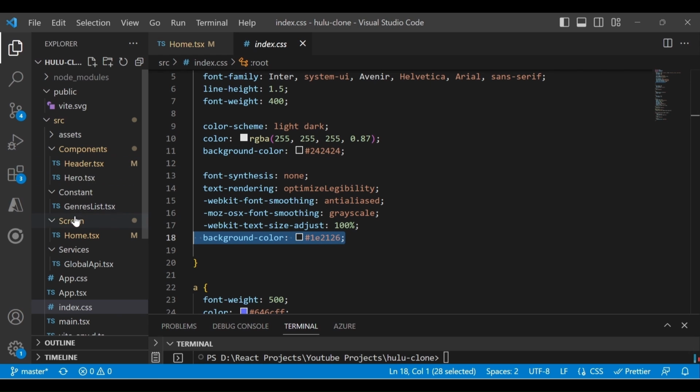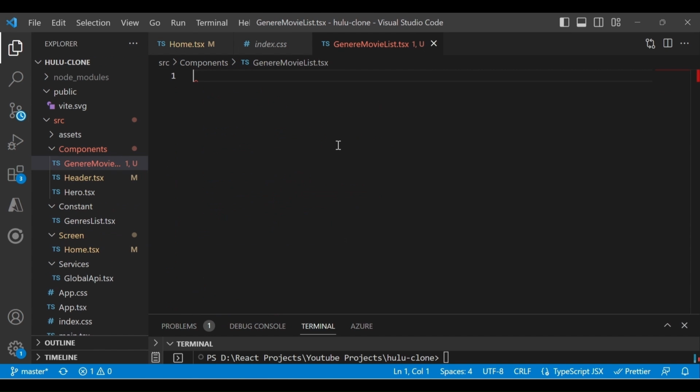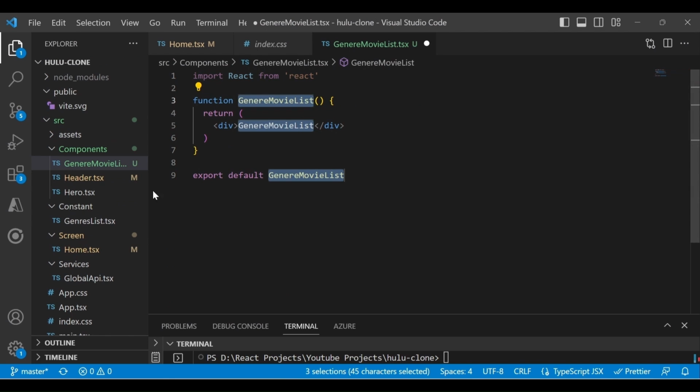Now let's go to the component folder, and we'll create another file called GenreMovieList.tsx, and here add the default template.